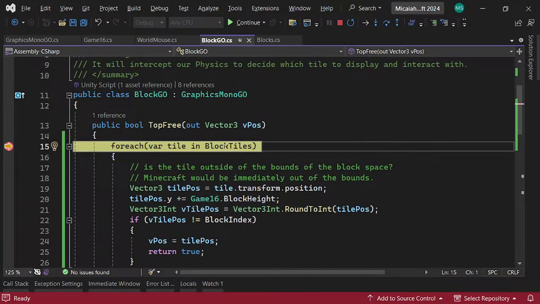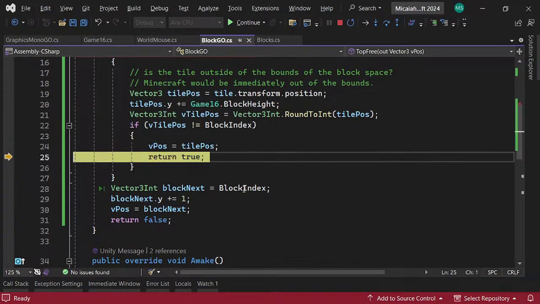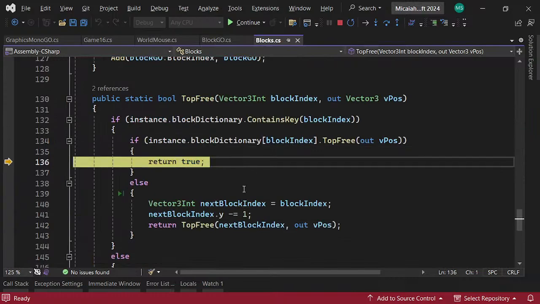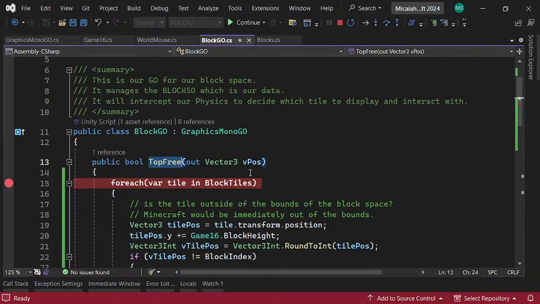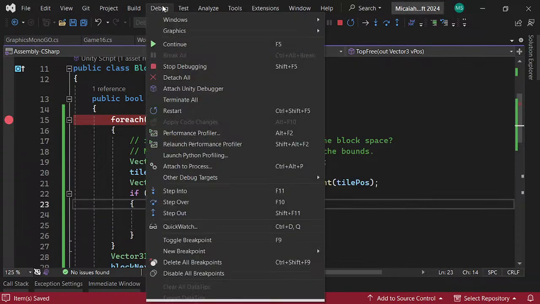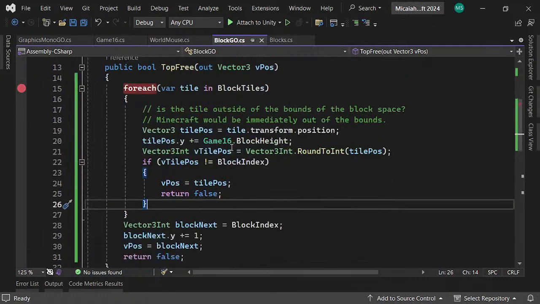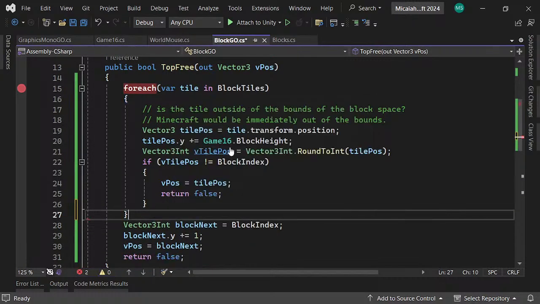Okay, so we're at 000, our block index 1. Now we're gonna bump out of this, return true here. Oh, I think we want to return false. Yeah, no, we want to return false here, because we only want to return true if we're in the block position. Yeah. Else, right? Else, well,